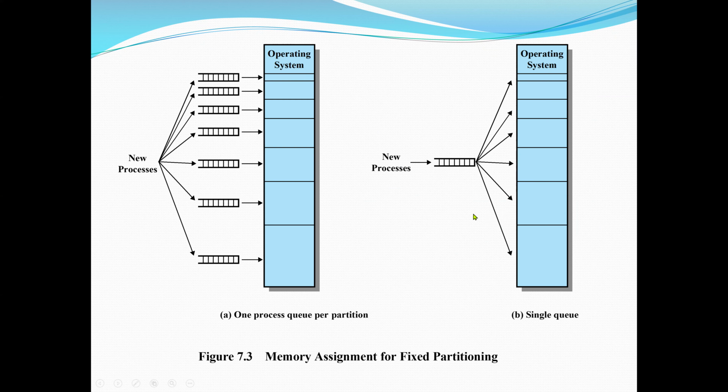So we can see in our left diagram, we have new processes and they will be assigned to different partitions. Again, this can be based on the size. This is on equal partition. So the advantage of this approach, again, as we can see in the figure, left side A,